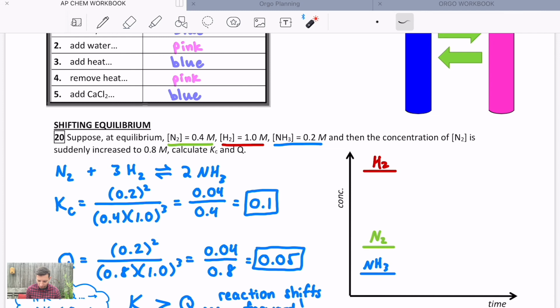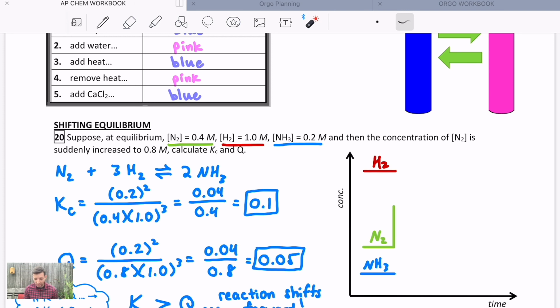Then we change the nitrogen concentration. We spike the nitrogen concentration up to 0.8. So we initially charge up a lot of nitrogen. We just said that means the reaction is going to go more forward. Yep, because Le Chatelier's principle says that it will offset the stress, in this case of adding a reactant. That means the nitrogen and the hydrogen are going to react. So as soon as we add that, we're going to decrease those concentrations, and we're going to get more product. So here's our initial equilibrium state. What will it look like after that